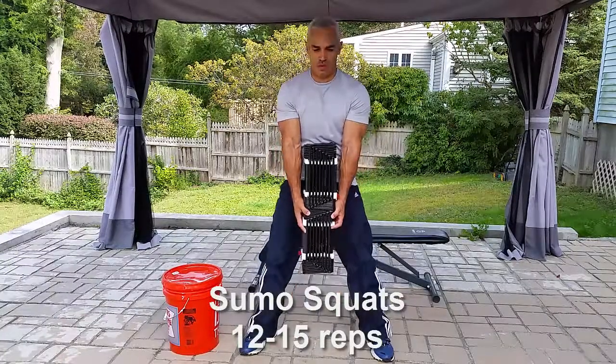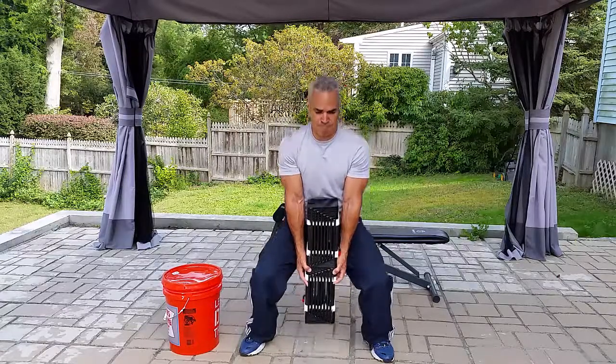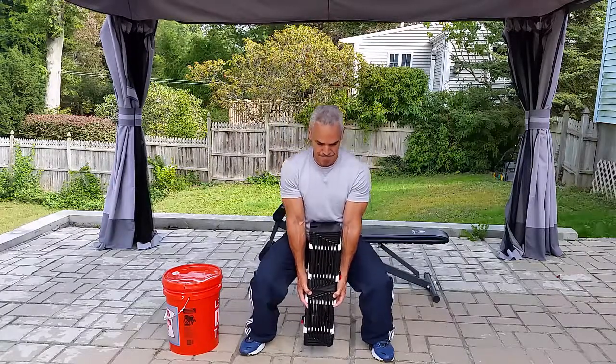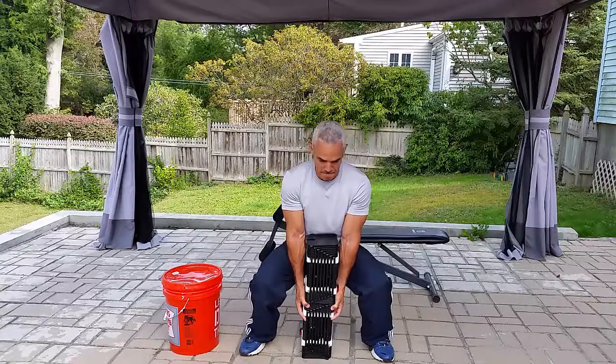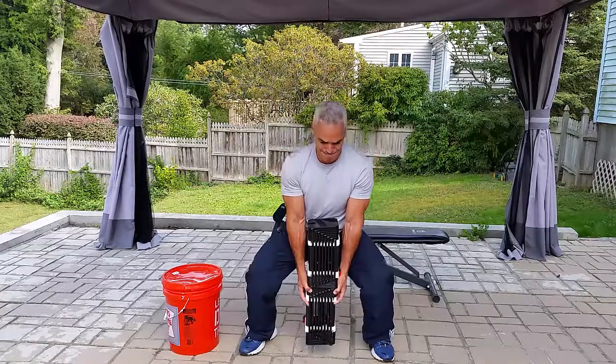Now, with these sumo squats, take a comfortable wide stance, feet pointing slightly outward, and keep the back neutral. Look at the floor a few feet ahead of you. Don't look straight and don't look up, because that might cause you to arch your back too